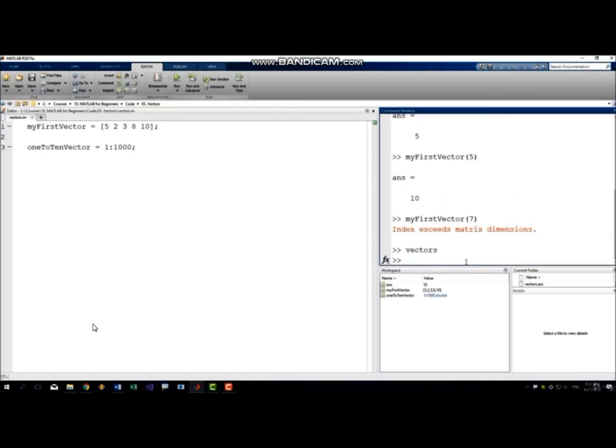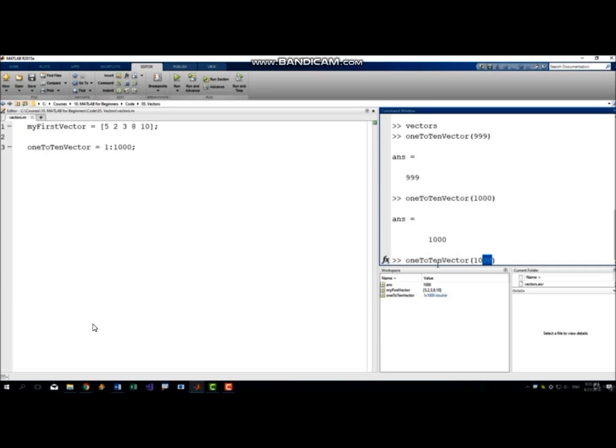To confirm its elements, let's get the 1 to 1000 vector, and let's get the element at index 999. Should be 999. If we get the element at index 1000, it's the number 1000. If we get the element at the index, let's say 150, we get the number 150. So we have an evenly spaced vector with 1000 numbers from 1 to 1000 with an increment of 1 between